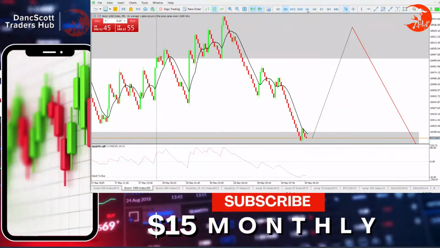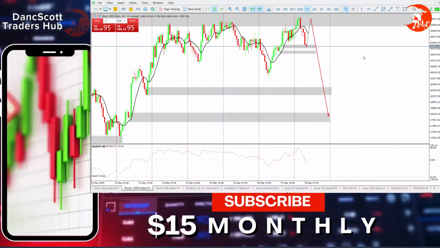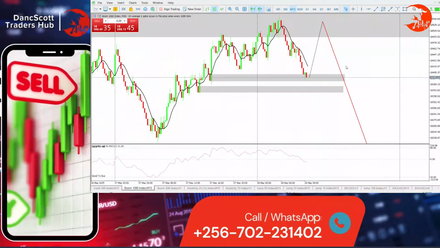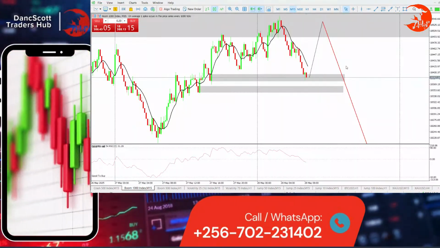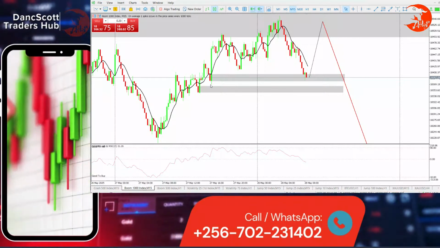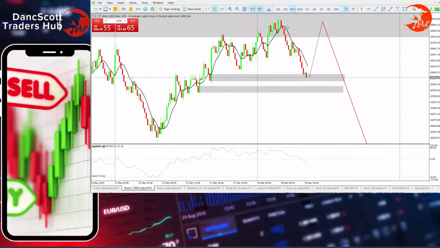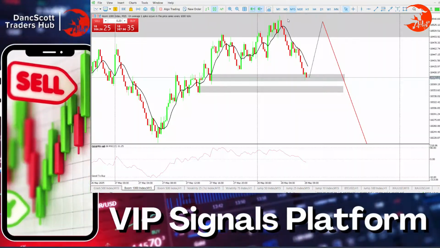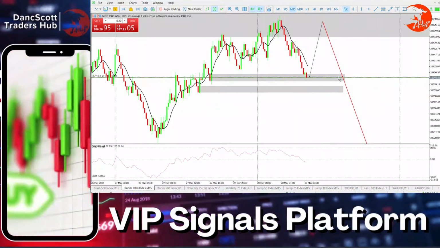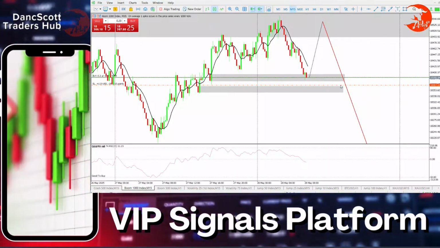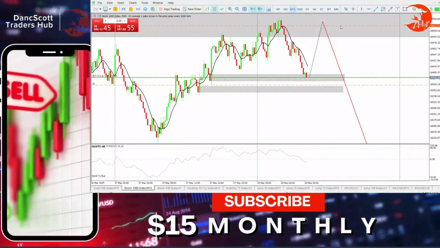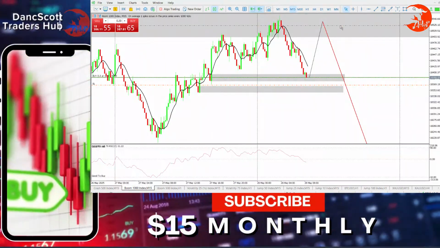Now for those who love risking, I can easily make an entry now. Let me see, can I make an entry? Where will I put my stop loss? It will be all the way down here. It can easily go for this, but M5, okay, I can make my entry right there as a buy, and I'll put my stop loss right there, and I'll be looking for my TP all the way up there.